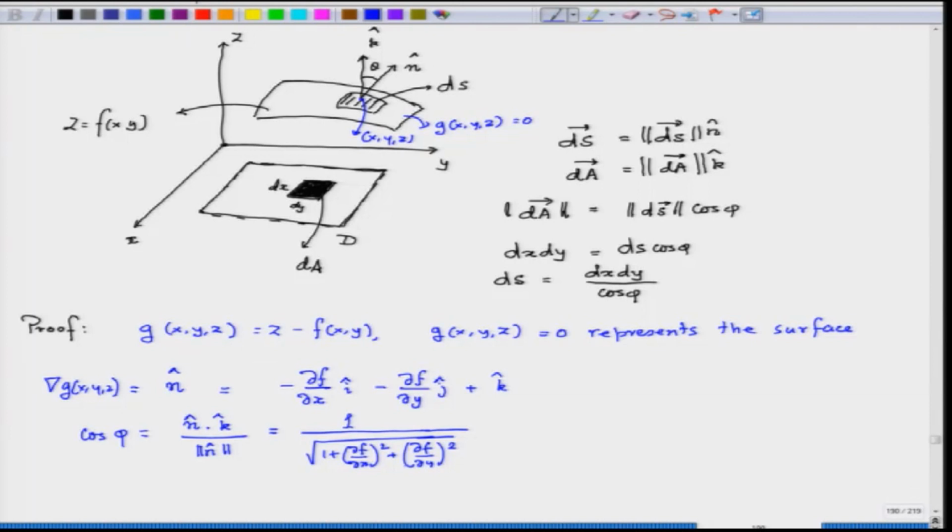And what is this? This is nothing but ds by dx dy. So, it implies that this is nothing but dx dy by ds, and so you simply have ds is equal to